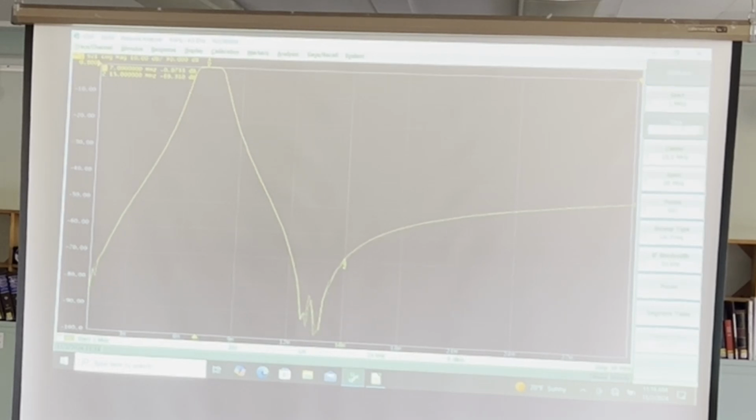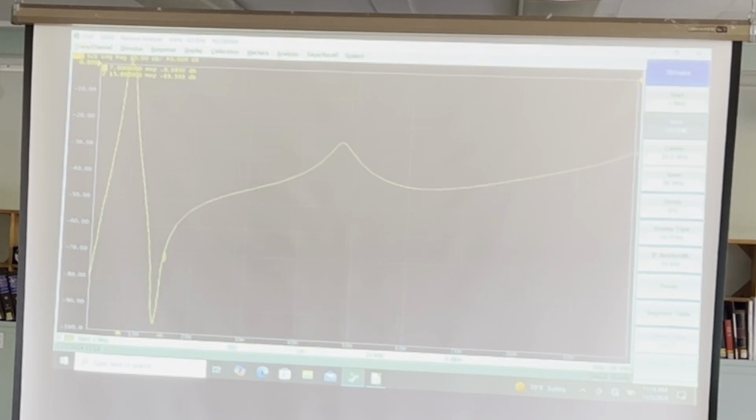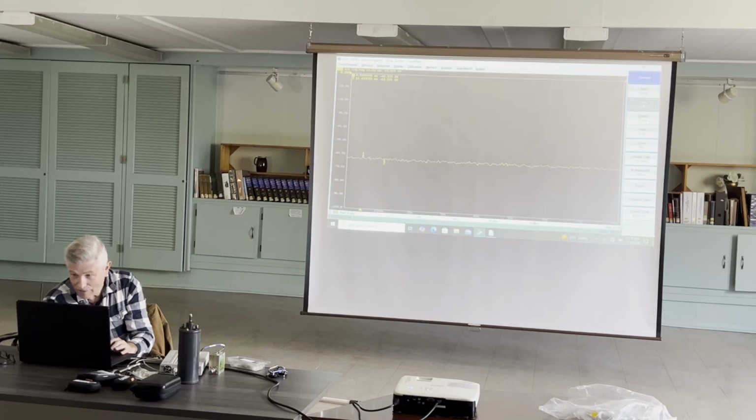I don't know. We'll see what happens. Let's go to 100 megahertz. You see there's another peak there. It's still attenuated by about 25 dB, and it keeps going up. Why do we think that's happening? Capacitance, you got it. You hit the nail on the head there, man. Oops, what did I do? I made a mess. Let me go back down. What did I do? I hit the wrong